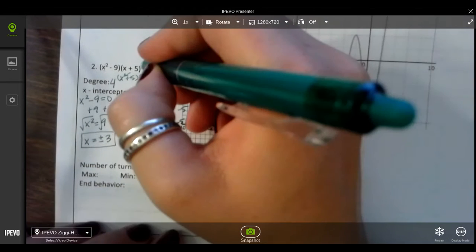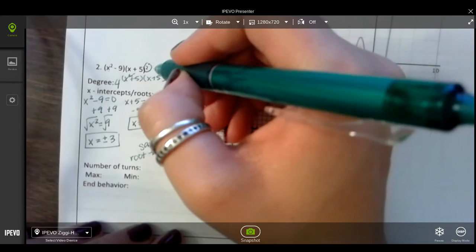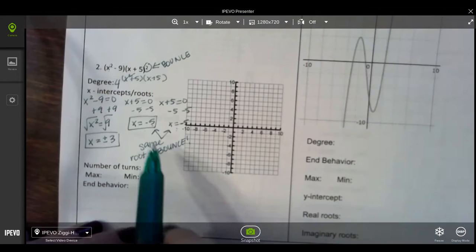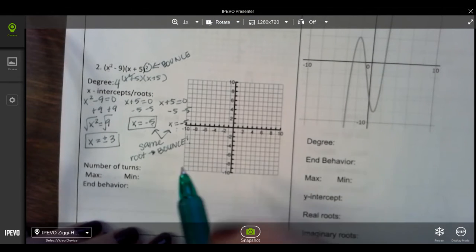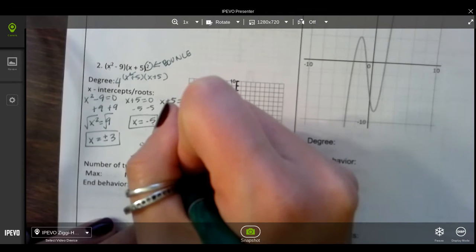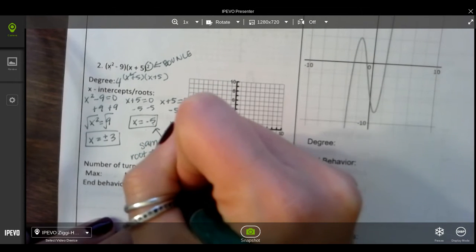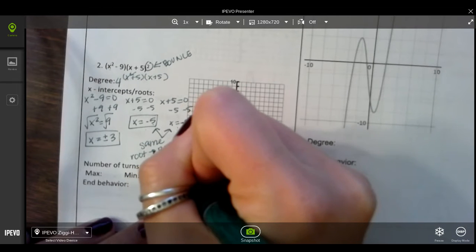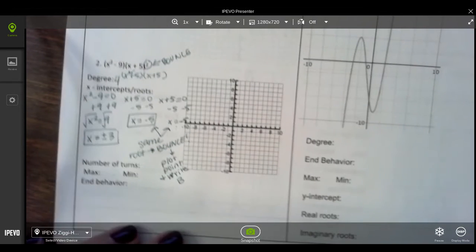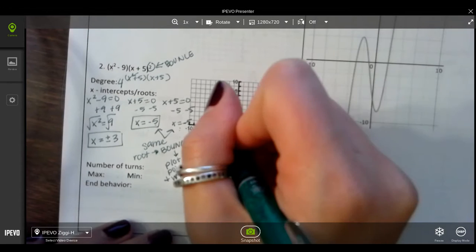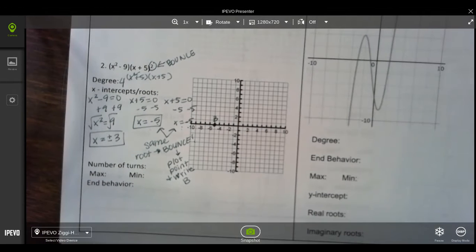We also knew we bounced because of this guy right here. That guy told me that we're a bounce on that point. So you have to plot your point right afterwards. Same root, bounce, so plot point and write B. Okay, so you don't forget that. Plot this point right at negative 5, and I'm going to write B right by it,